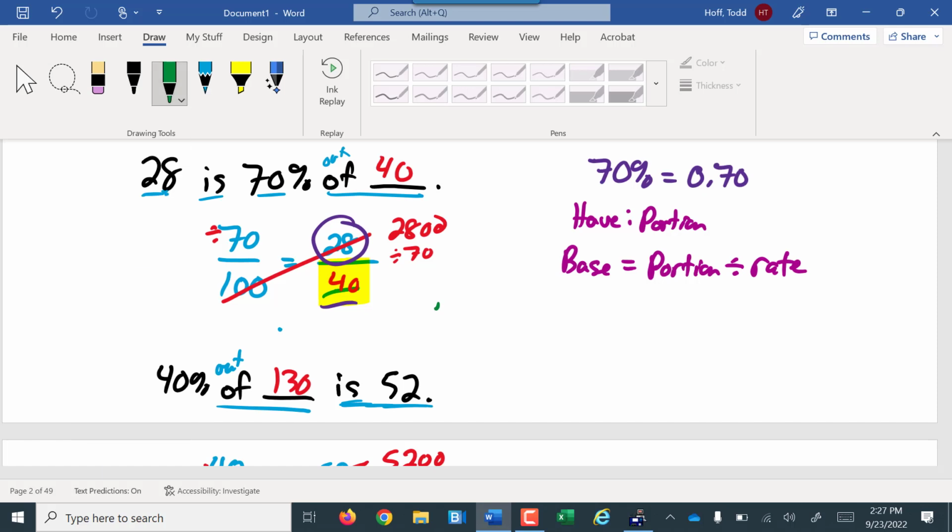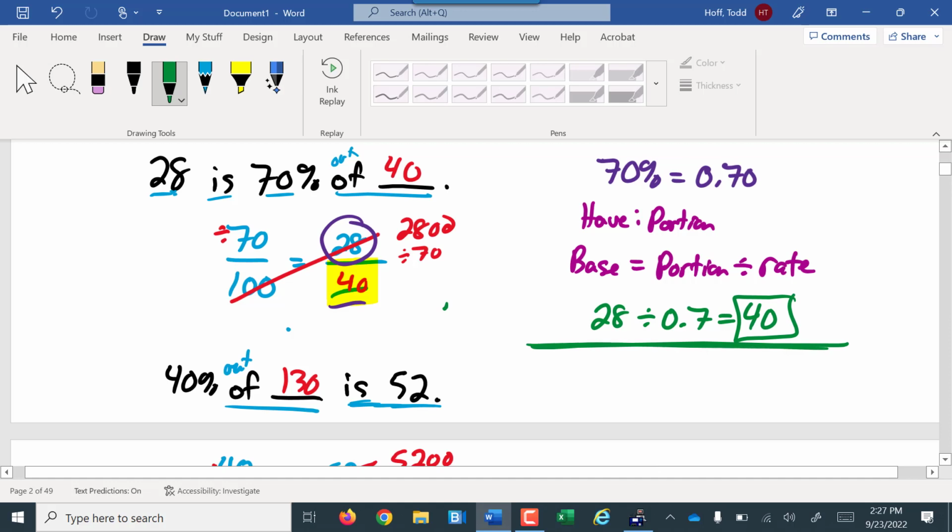So here we have the 28 divided by the 0.7 gives us 40. So the problem with the rate method is it is quicker and easier, especially if you're punching in the calculator. You can punch it into the calculator directly without having to set up the proportion. But you have to be able to figure out, am I multiplying by that rate or am I dividing by